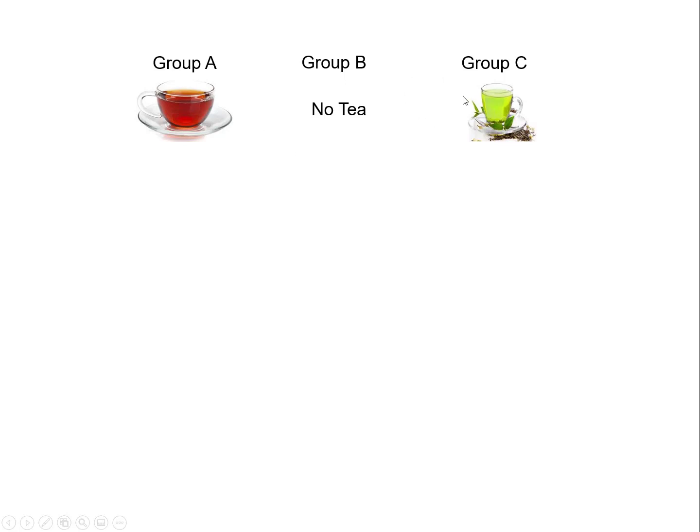For example, now we have 3 groups: group A, group B, group C. If we want to use the t-statistic, we can compare black tea with no tea. Or in another experiment, we can conduct an analysis for 2 other groups, group A and group C. Or we can conduct an analysis for group B and group C. This way, you need to conduct different t-statistics. But the best way in such a scenario is to do an analysis of variance, ANOVA.